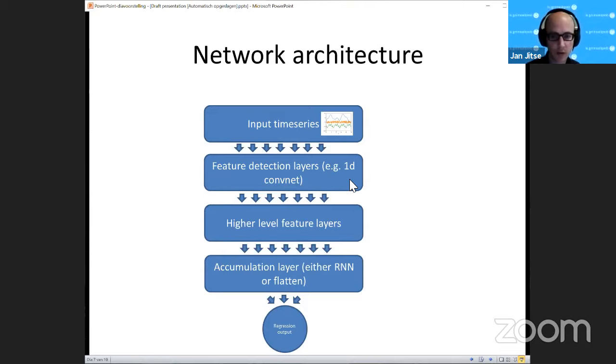You could also do a short-term Fourier transform and then do a 2D convnet on that. Typically, we have 1 or 2 feature layers. So first a 1D convnet, then another 1D convnet in my case. And then there was an accumulation layer, which was either some simple RNN or an LSTM layer, or even a normal dense layer would work. And then there was a regression output.